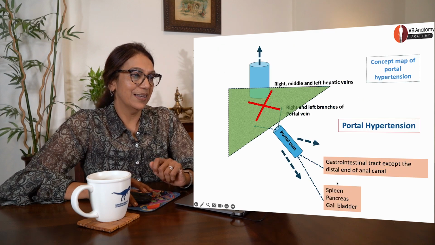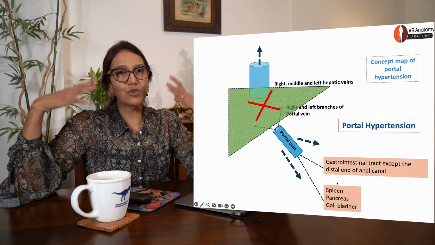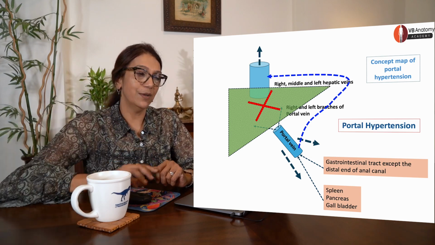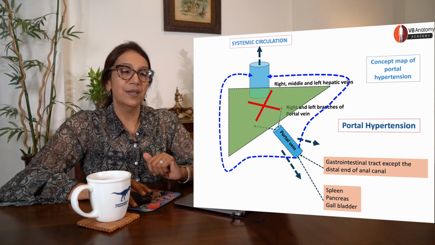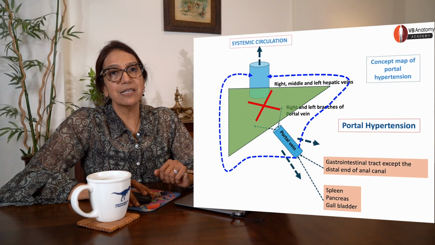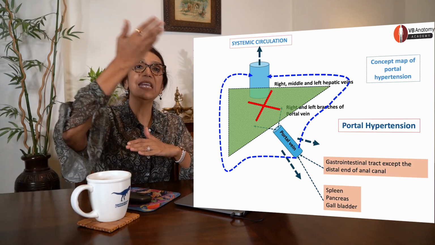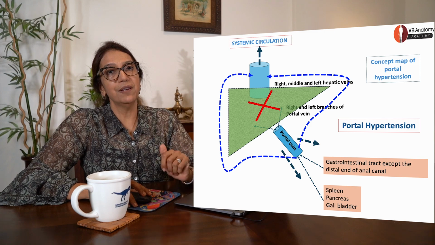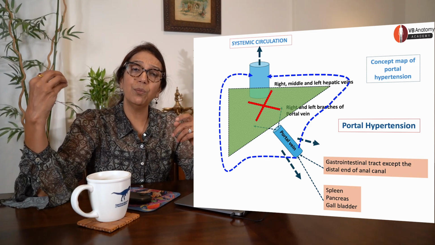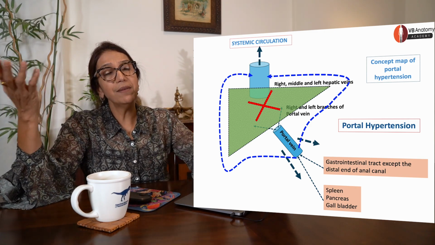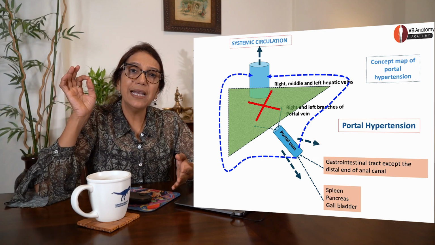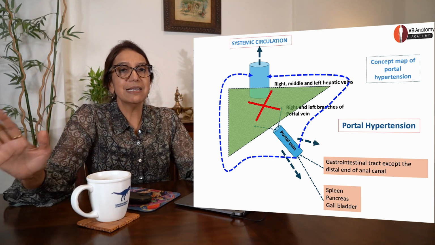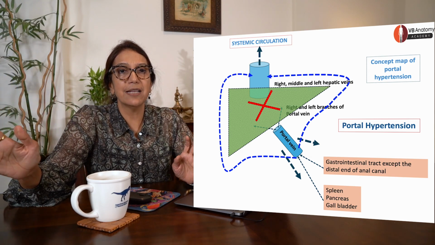Again, take a look. This is where we were stuck, portal hypertension, pressure. Blood now makes its way around the liver and finally drains into systemic circulation. Portocaval anastomosis does not mean that it has to drain only into the inferior vena cava. No, it can drain into any other vein also, superior vena cava, azygos vein. Finally, it has to make its way into the systemic circulation. All these sites are sites of portocaval anastomosis.